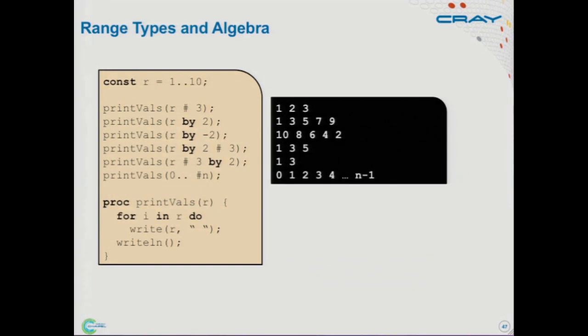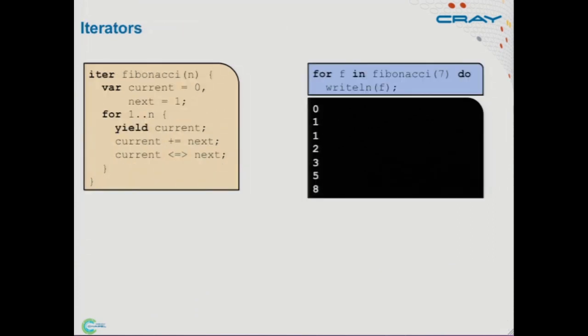This basically says start at 0, count to infinity, but then only give me the first n elements. So then I get 0 through n-1. Again, I bring this up not because I'm proud of the idiom, but because I tend to use it a lot in my slides. I want to make sure you're aware of it. So those are ranges. The next feature is iterators.